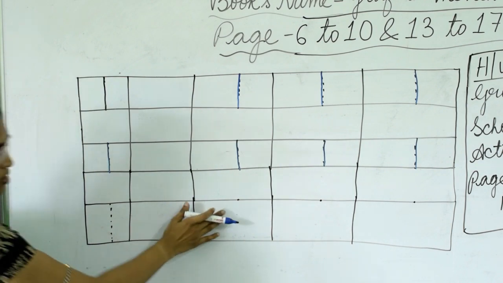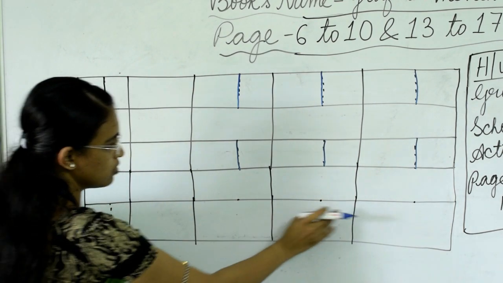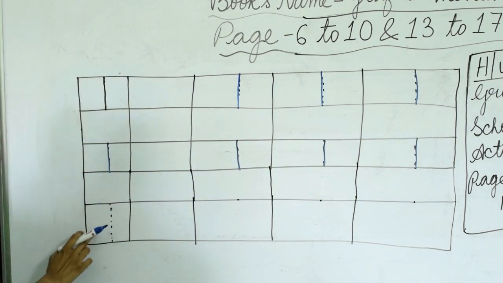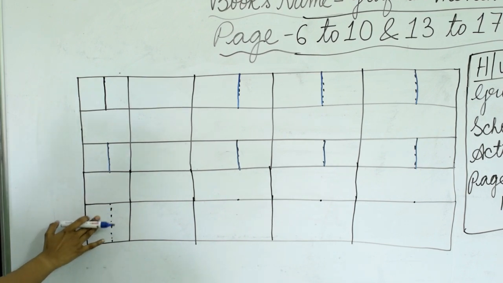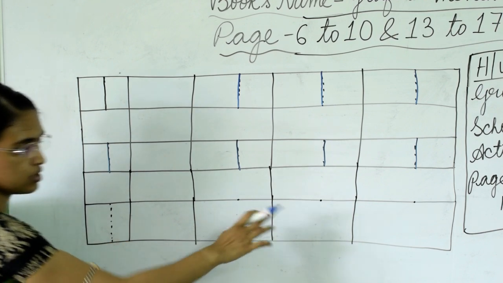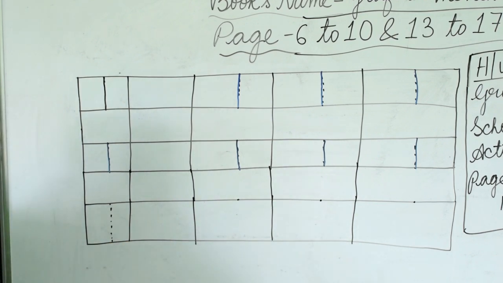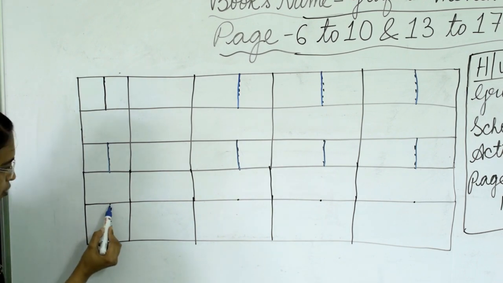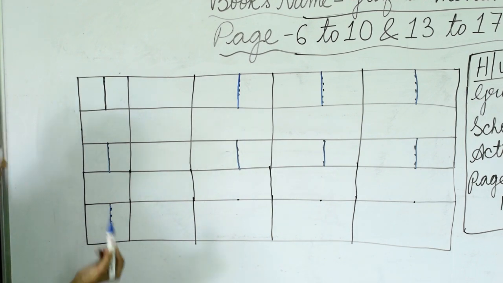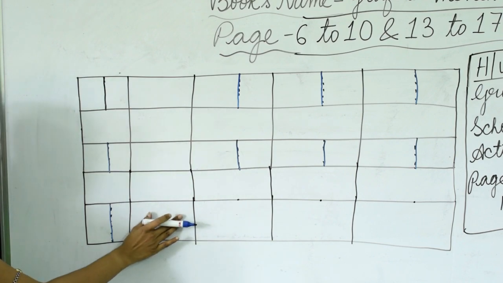Then in this box, can you see this is the blank box? Only you have to trace this box, but the other boxes, can you see the other boxes are blank? What you have to do, you have to write it by yourself. Okay, so first trace this number 1 and leave this one box.